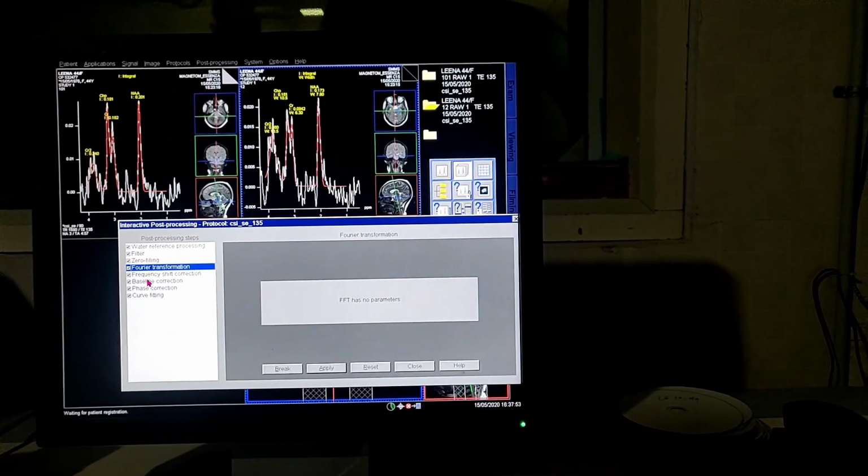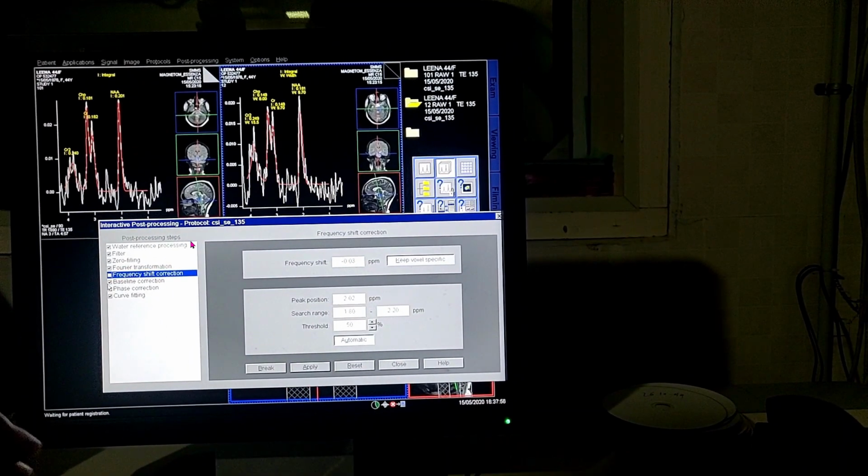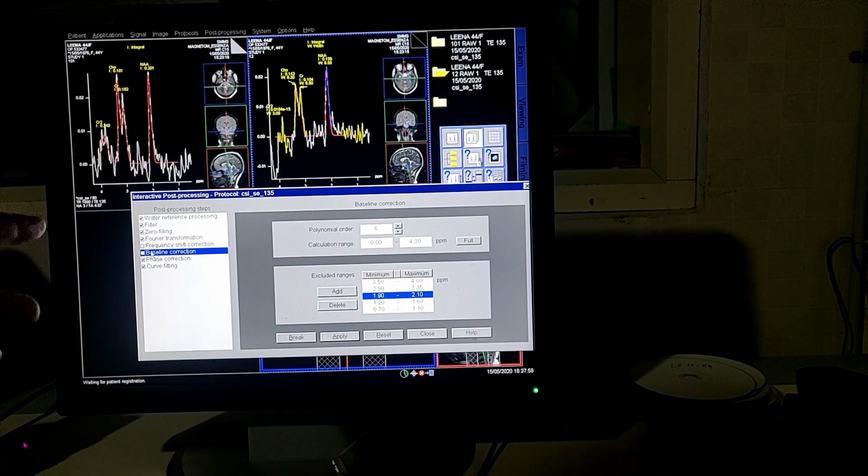So next thing is, once you change the frequency shift correction, basically what happens is that the graph widths and values have a slight change and the artifacts become a little bit aberrant. Then we have changed the baseline correction. So once I click the baseline correction, you have seen negative peaks. So in some machines the negative peaks will be highlighted depending upon the remaining concentrations, but in our machine we can actually automatically hide things like this. So you have to notice it is still under the 4th ppm only, it has not gone beyond that.